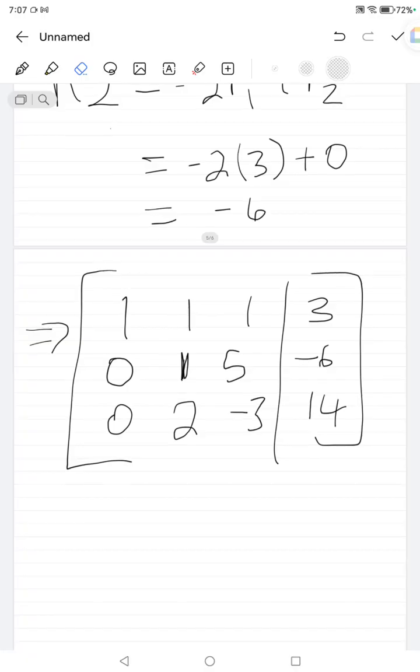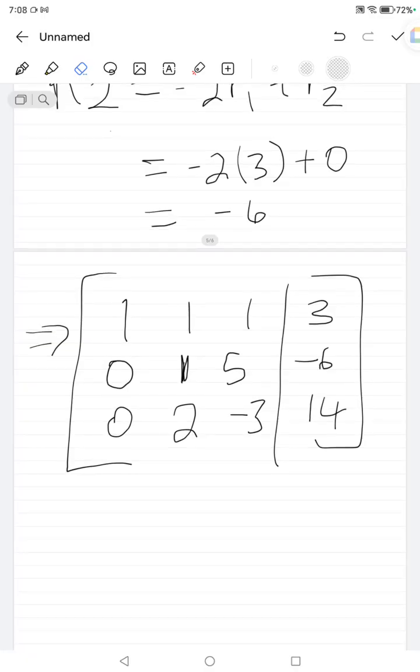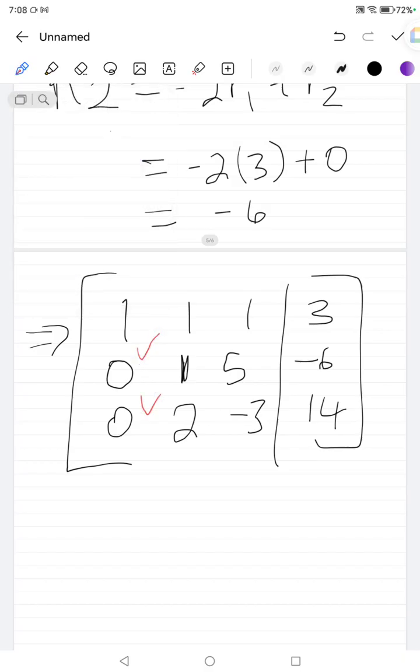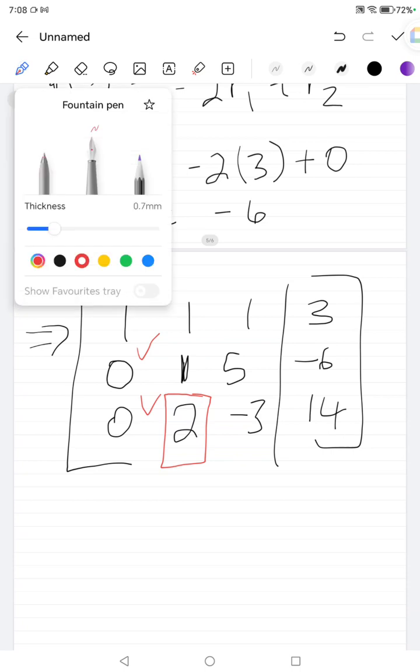You have your minus 6, then we are already there. You can see that so far we've managed to find the 0 this side and this side. The only part that's left is this one where we have our 2. With this one you can already see that our new row 3 that we're going to have,